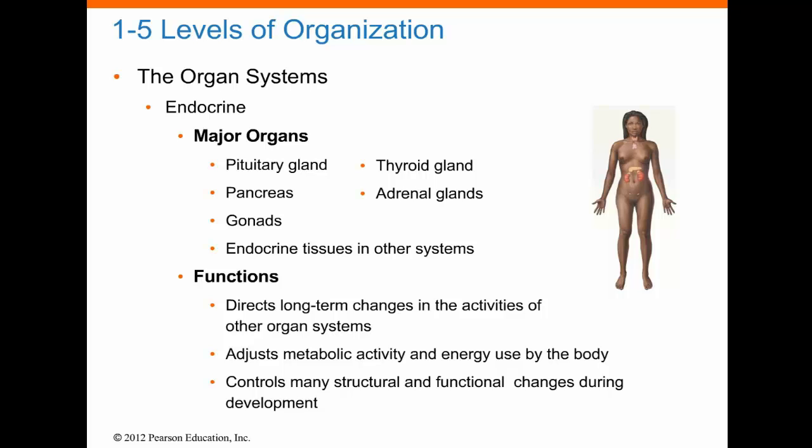So their functions are that they direct long-term changes in activities of other body systems. They can adjust metabolic activity and energy use within the body. And they control many structural and functional changes during development. The endocrine system secretes hormones. They're secreted into the blood,